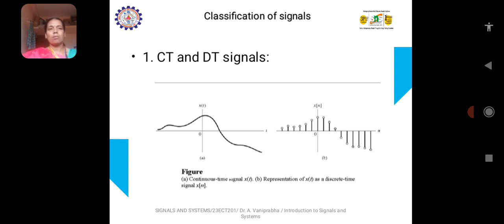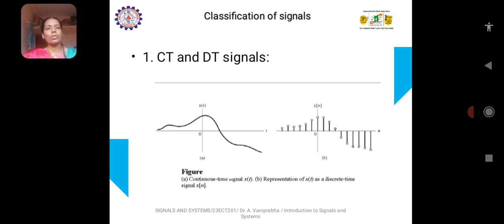Whereas discrete signals or discrete time signal, it is not continuous. We will be having the values of the amplitude at periodic intervals, for every 2 seconds or every 3 seconds, or at particular time intervals, the signal samples are taken and it has been given here. You can see the graph, like horizontal lines over the vertical lines are marked. That is the samples taken from the continuous time signals. These are the samples which are taken at periodic intervals of time.